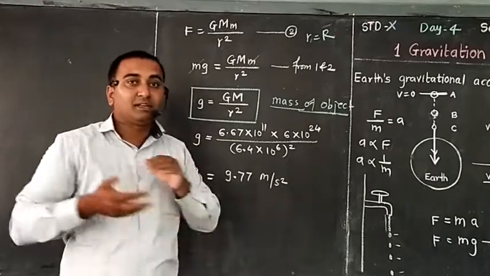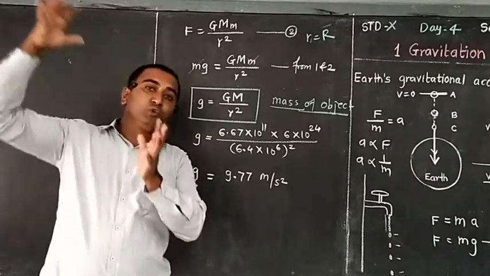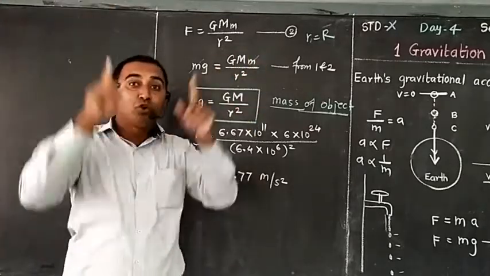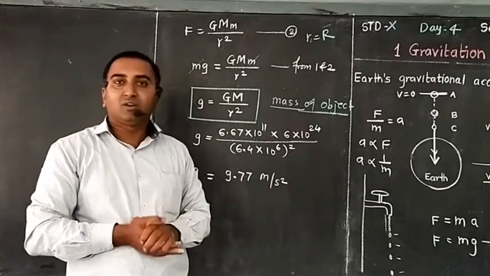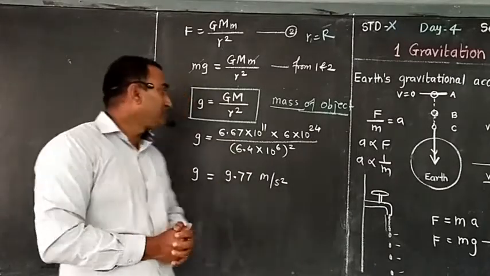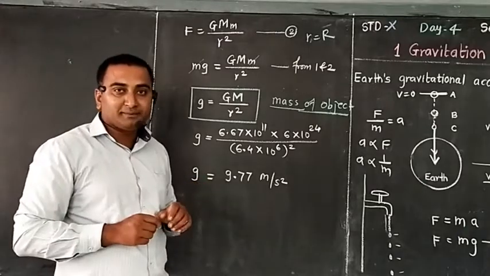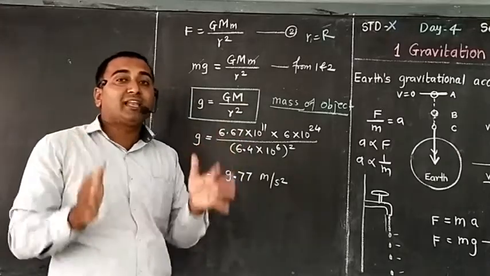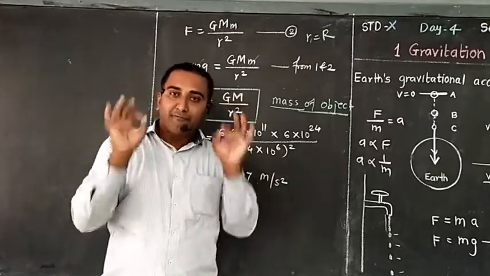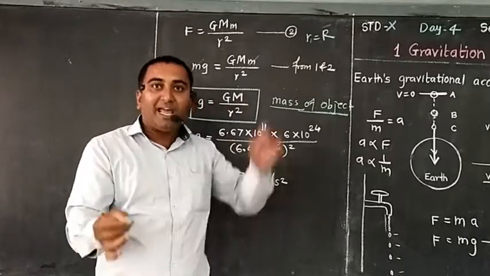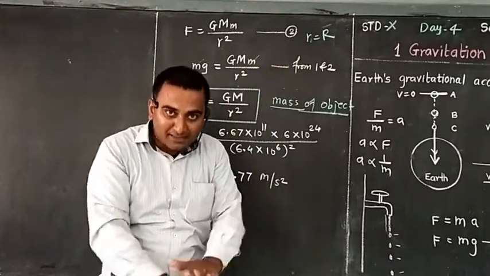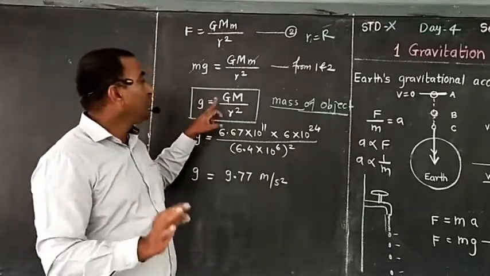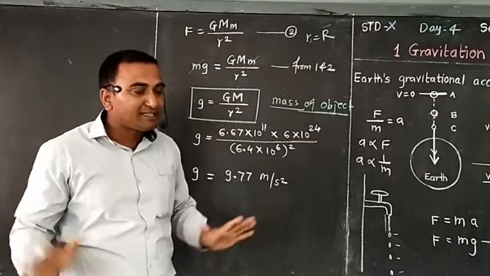Suppose a small baby or a huge person, whatever it may be, jumps from a high tower, both will reach the ground at the same time. Why? Because here mass will not play any role. Again, a piece of paper will fall differently because of buoyant forces, so don't consider that. If you carry out this experiment in space, definitely a piece of paper and an elephant both will fall to the base at the same time, because acceleration due to gravity does not depend on the mass of the object.